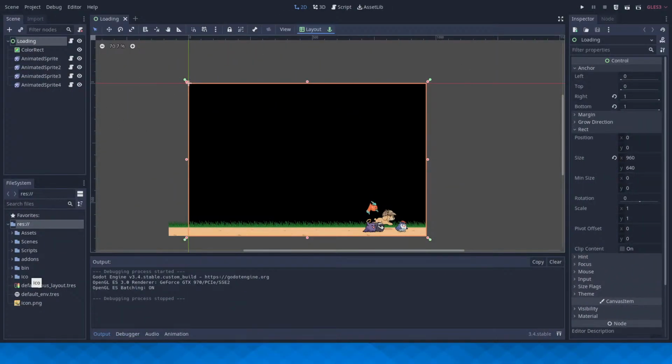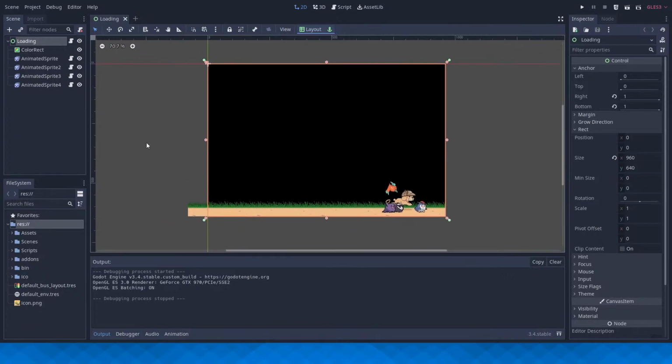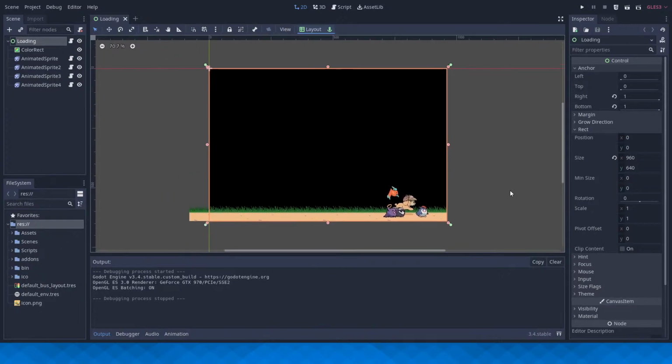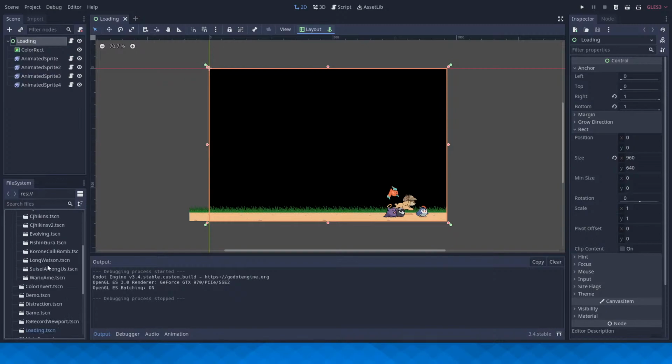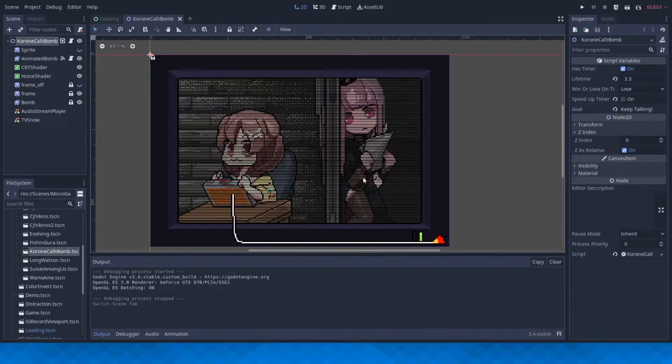So, I'm going to work on the Corona and Kali bomb diffusion minigame, the Keep Talking and Nobody Explodes one. Let me switch over, if I can figure out how. Right, there we go. So, here we have the Godot game engine, just very standard. Let me open up the right scene real quick. There we go. Right here.